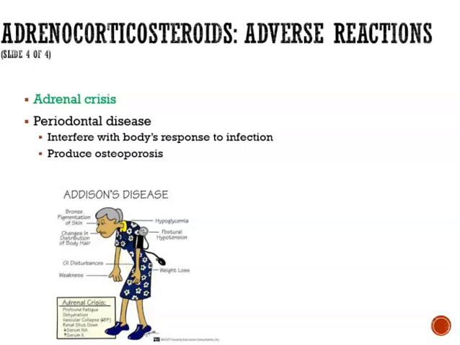Another thing to note is that steroids like prednisone or hydrocortisone, anything that ends in SONE, can contribute to periodontal disease. So remember how I said if we're taking steroids, it suppresses our immune system, it decreases our response to infection. So we're more prone to infection, we're more prone to periodontal disease when we're on the steroids. And it can also cause osteoporosis. So our bone can get weak, which affects the bone around our teeth as well. So it does affect our mouth.